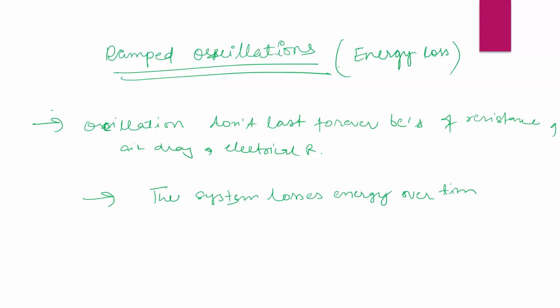So we have the types of damping. First we will understand light damping. What happens in light damping? Oscillations gradually decrease in amplitude but continue for some time before stopping. For example, a pendulum in air or a car suspension. If we provide the initial force, the pendulum will still oscillate, but it will take some time to stop.